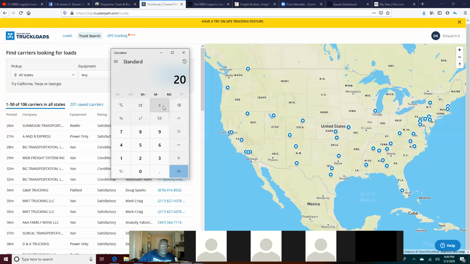So you got 20 agents, at $1,500 in load fees, 10 loads per day. Each agent is booking $15,000 worth of load fees per day. Let's say your brokerage fee is 30%, right?